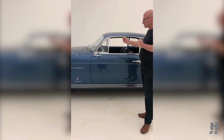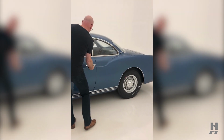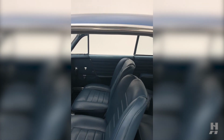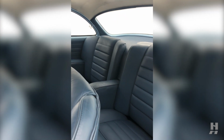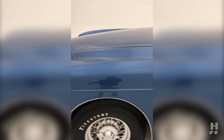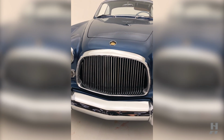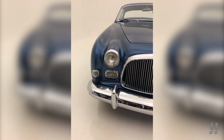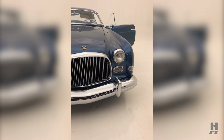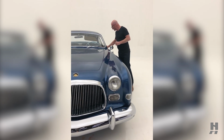Now this particular car is really unique. It's one of 2 that were built with rear bucket seats rather than the bench seat. And the grille is unique in that the grille has no horizontal bars. So only 2 cars like this were produced. Both of them were thought to be produced for Chrysler executives because both of them were invoiced to the Chrysler Export Corporation. This car has another interesting twist, and that is that when this car was 5 years old, 1959,